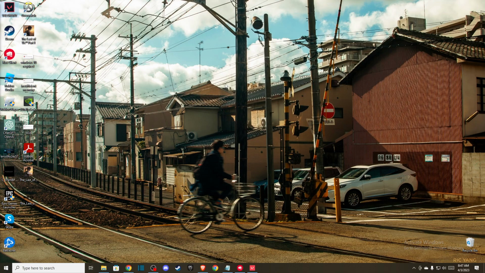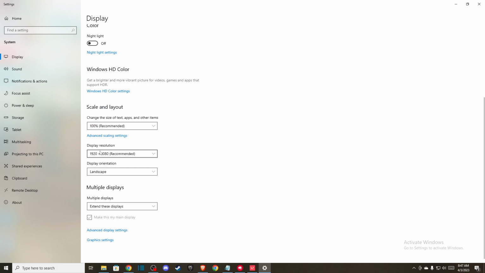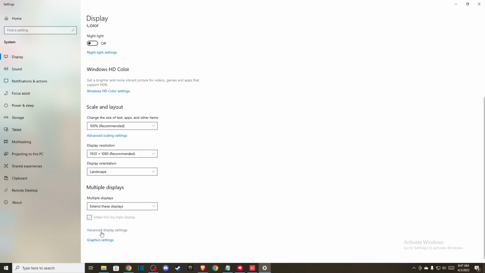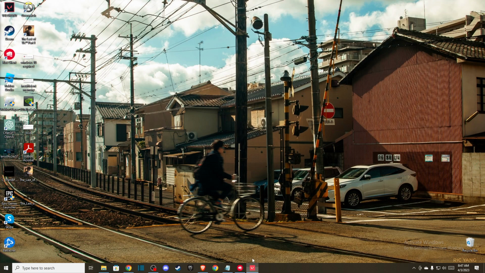And if you want to check what your recommended resolution is, just right click on the display settings here, and then you can see the display resolution, for me 1920 x 1080, and you will see the recommended tab. And once you're here, then go to advanced display settings, select your monitor here and look at what your monitor refresh rate is. And then you can go back here, go to Valorant, and on